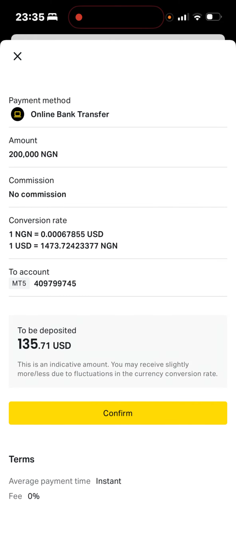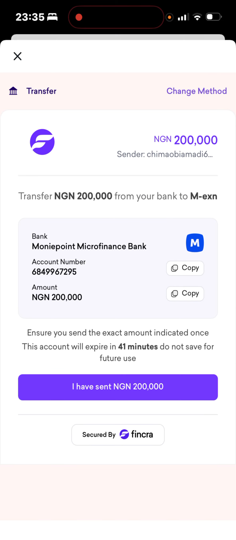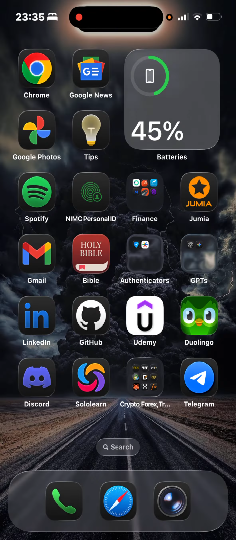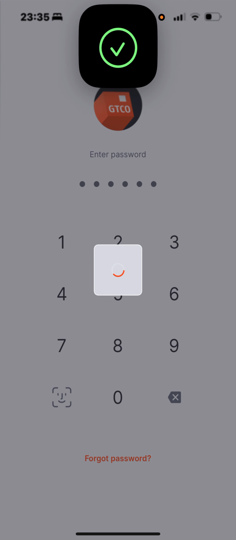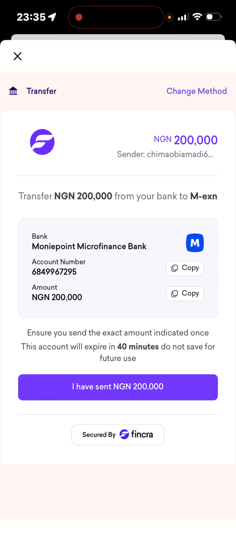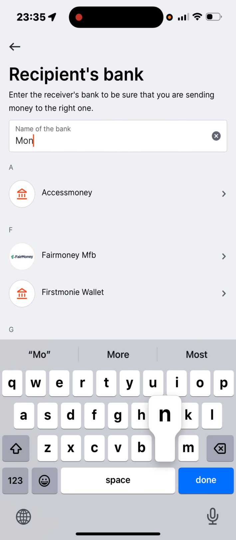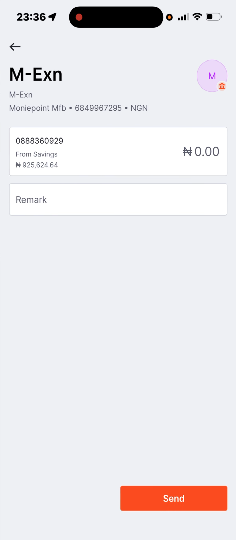They're going to redirect you to a payment gateway. You click on confirm, and a payment gateway is going to open up. Now you're going to see this. They're going to provide a temporary account, a one-time use account. You don't use this account more than once. So you click the account number, and you go to your bank app. What was the name on the account or the bank name? Okay, Money Points is the account. So you put that into your bank app and you deposit